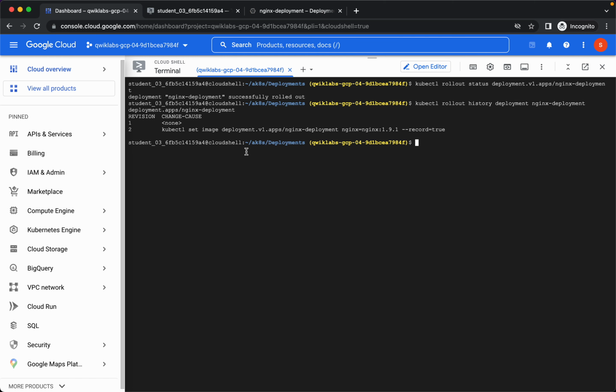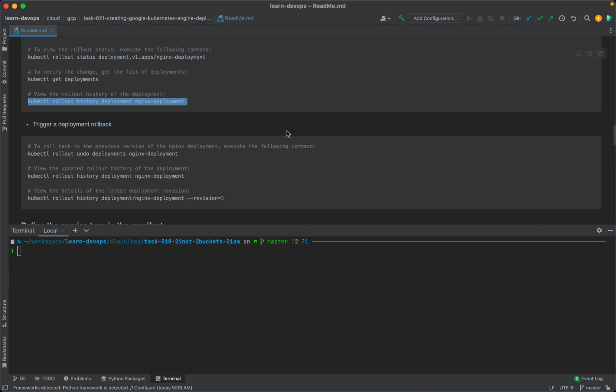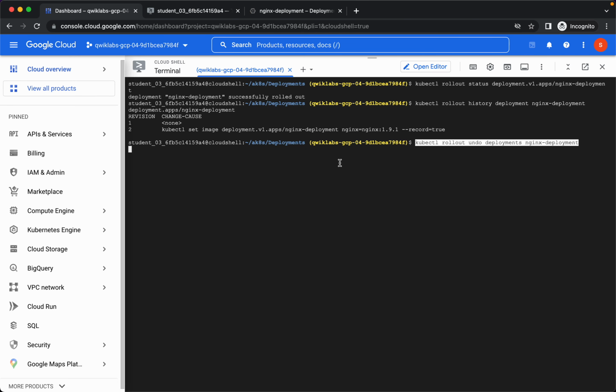And you will see that we have had 2 revisions so far, and we are currently running the revision 1.9.1. Now let's say we want to go back to the previous revision of our deployment. For that, we can run this command, kubectl rollout undo deployment, and this will take us back to the previous revision. So I'll run this,